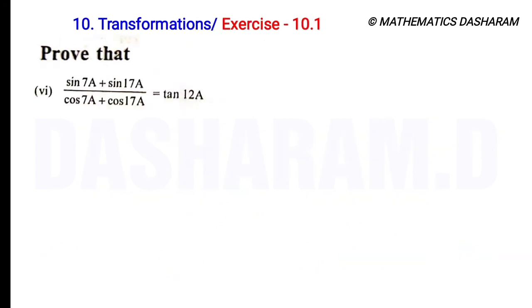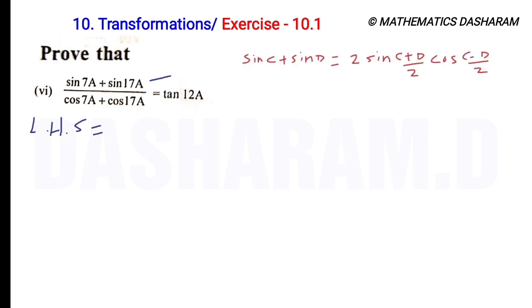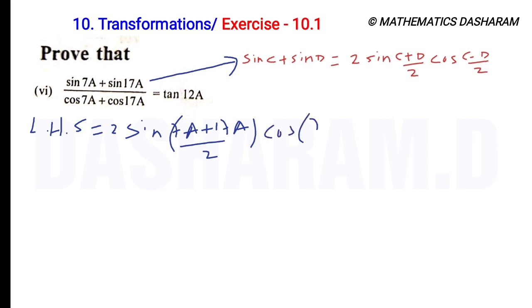Sixth problem: (sin 7A + sin 17A) divided by (cos 7A + cos 17A) equals tan 12A. So for the LHS, apply this formula sin C plus sin D. So 2 sin((C + D)/2), that is (7A + 17A)/2, into cos((C - D)/2), so cos((7A - 17A)/2), divided by